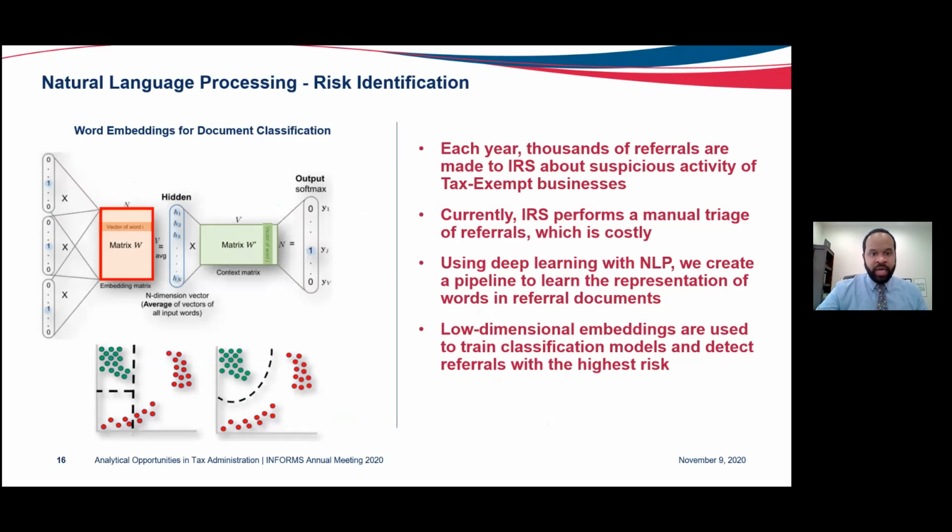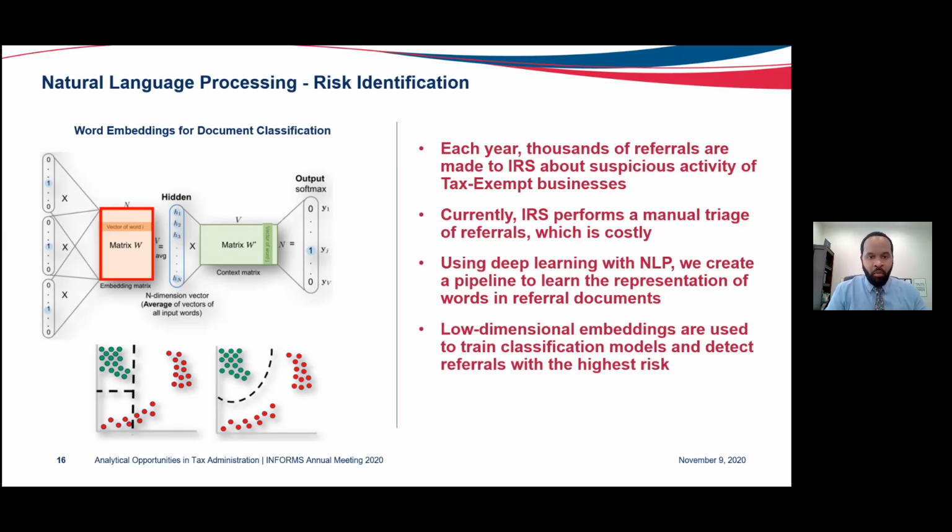So on to natural language processing and opportunities in the risk identification space. Oftentimes in IRS, there's going to be a document or set of documents with a lot of pages, and typically these documents are going to require some type of manual review. So in this particular use case, tax exempt and government entities, they have an operation where they're receiving referrals, thousands of referrals in any given year,